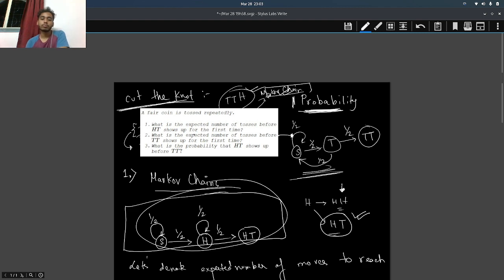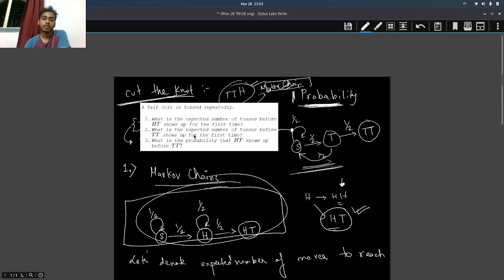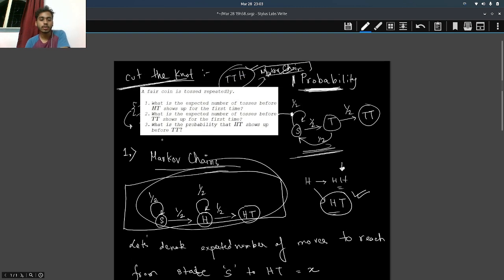Okay, I hope I am pretty clear with the solution. If you are not clear, and if you are stuck in this question, please write in the comment section, and I will create another video explaining how exactly this should be done. And if you are stuck with this too, you can tell me, but I don't think so, this is pretty similar to this one, so I don't think you should be stuck when I have already created the Markov chain, right?